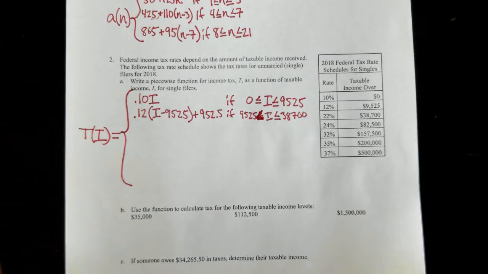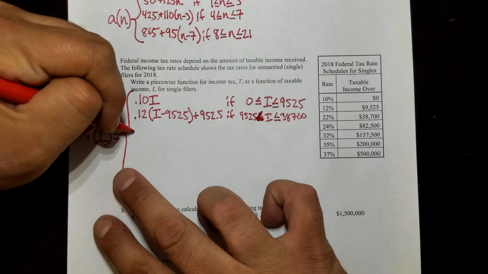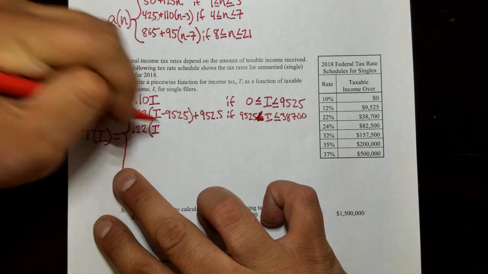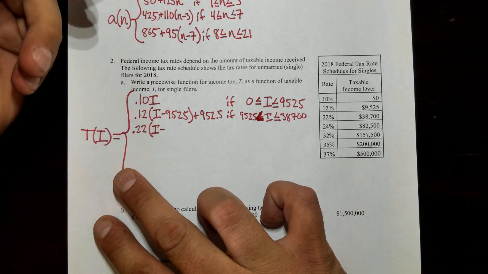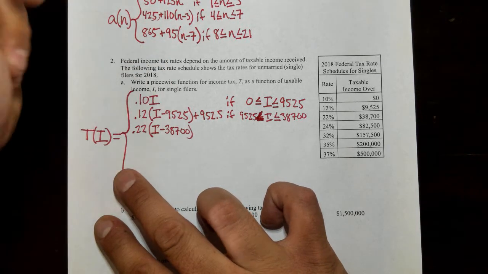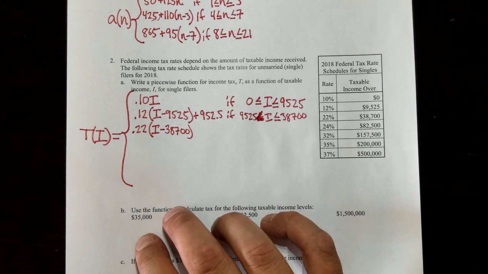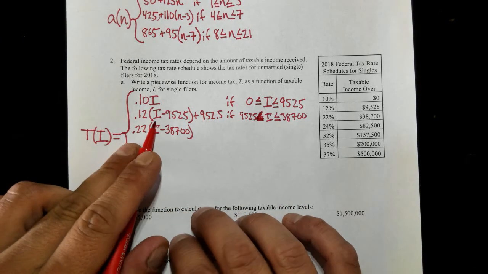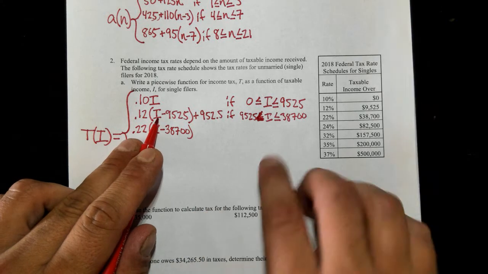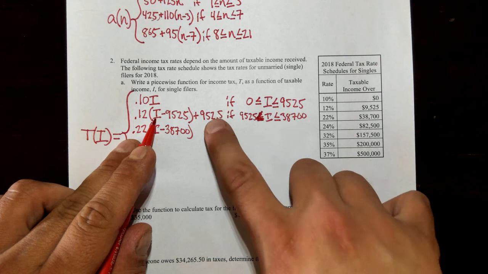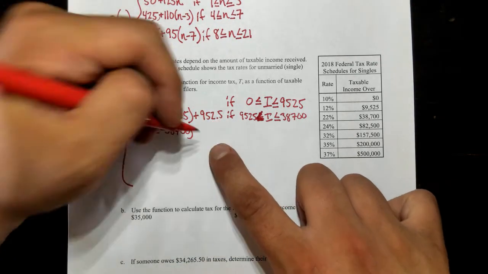Our next tax bracket is at 22%. So it's going to be 0.22 times I minus 38,700, plus the total of the last one. I just want to make sure I keep my numbers all straight here. There's a lot of things going on. So if we were to plug in 38,700 for I, we would get a total of